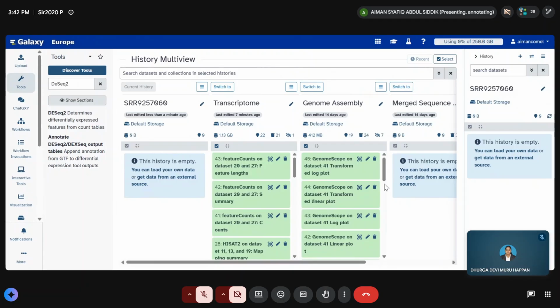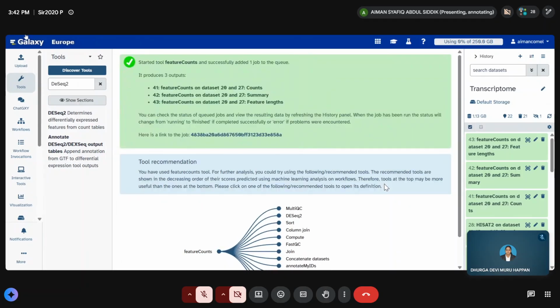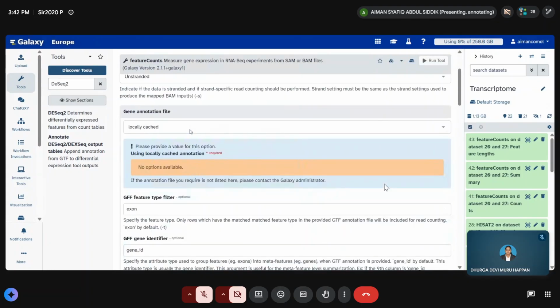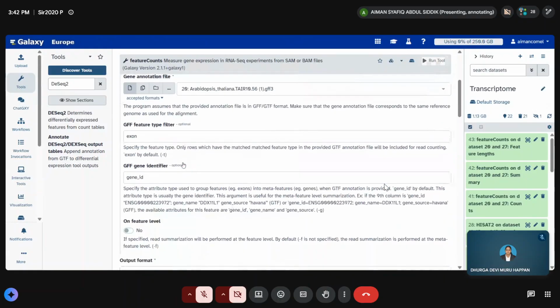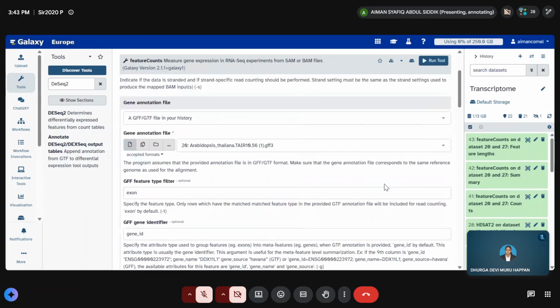You say the feature count has an issue, but I see the feature count is okay, green. No, I was just saying, earlier when I used the gene ID, this is the file that we get. First of all, the file needs to be converted to a GTF file.